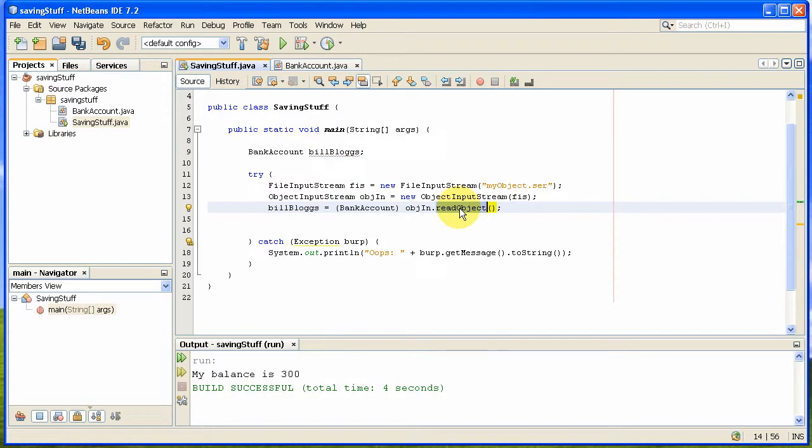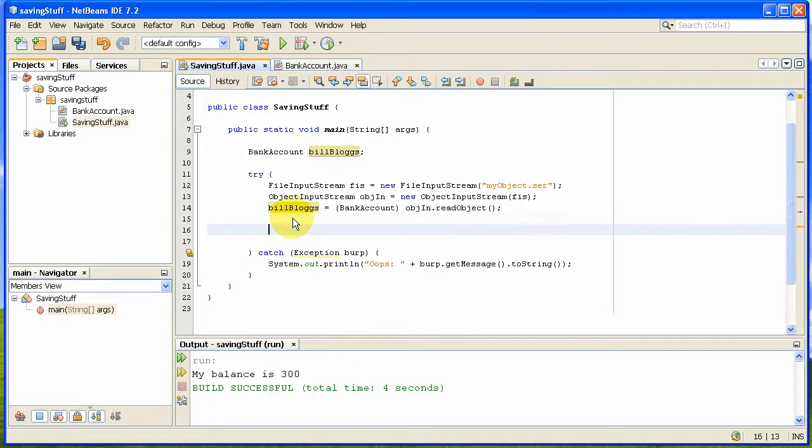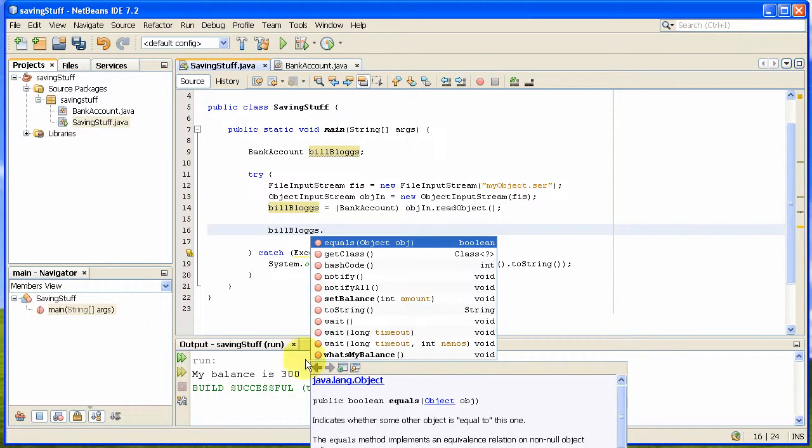Okay, so what you want to do is read in that object first, and then you cast it to a bank account. This thing here, and it's in the book. The manual tells you all about how to cast things, but that's what you're doing. You're basically reading that object in, and when you read it in, you're then changing it into a bank account. And once you've done that, you're then attaching it to the Bill Blogs remote control. So then I should be able to do things like Bill Blogs, spell correctly, blogs dot, and I should be able to do what's my balance,